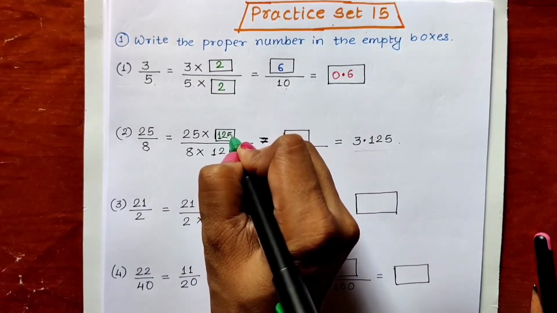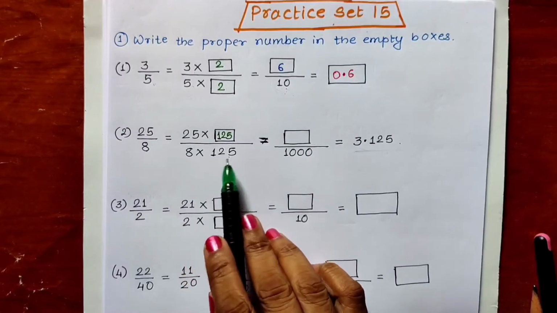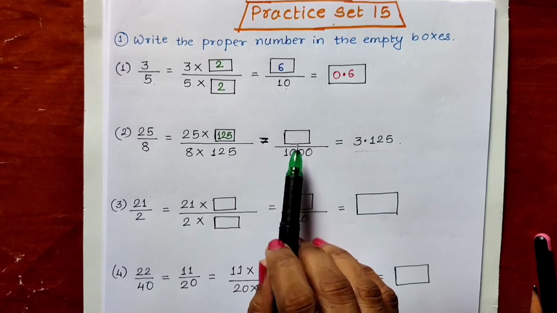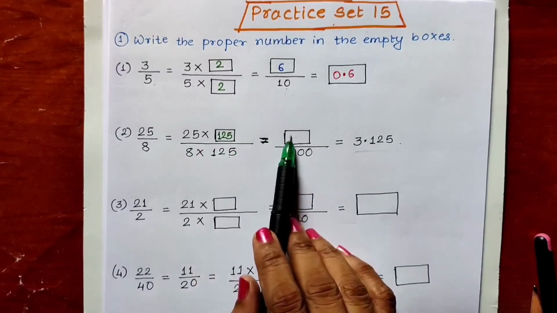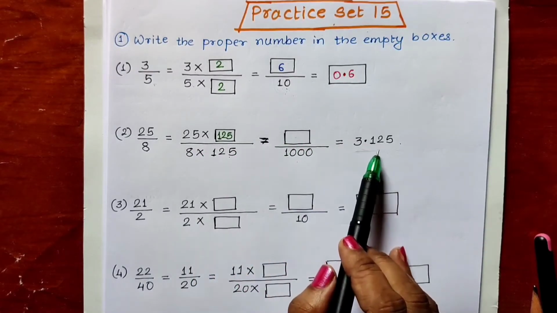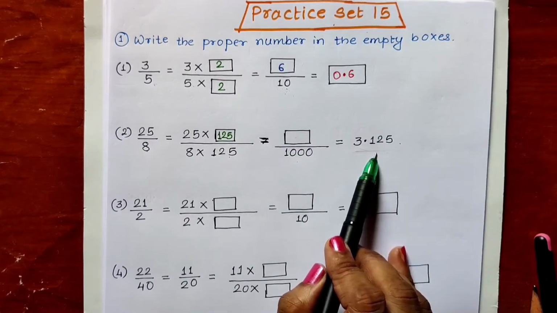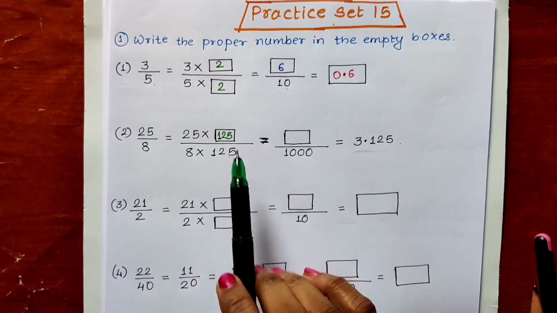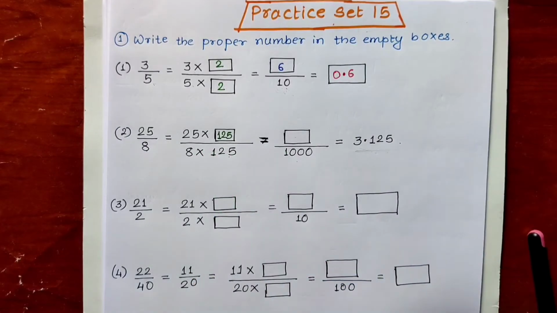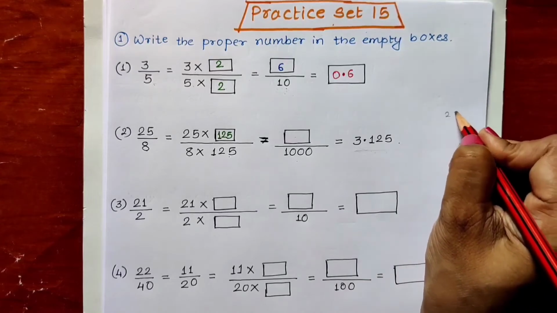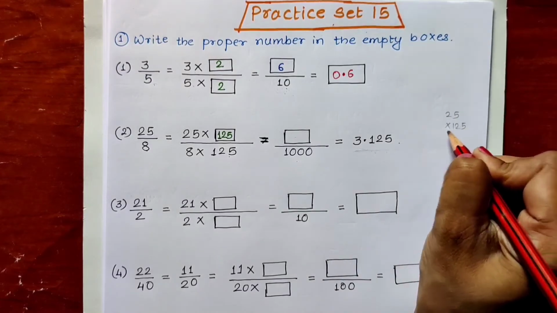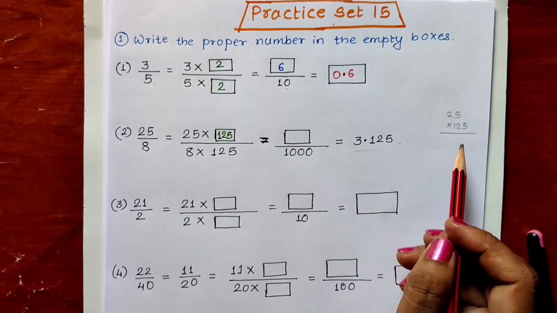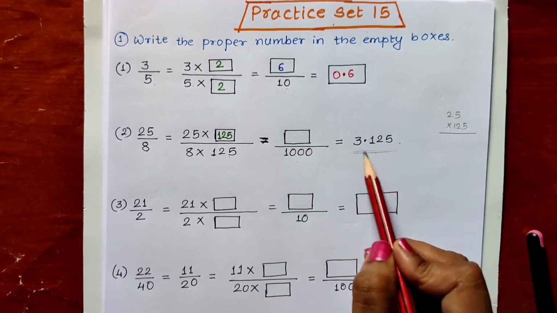Okay. Now, answer of denominator is given, 8 into 125, answer is 1000. Now we have to write the answer of this multiplication. Now see children, the last answer is also given to us. When the last answer is given, do you really require to do this multiplication? If you want, you can do this multiplication, 25 multiplied by 125 and you will get the answer. But instead of doing this multiplication, you are having the answer over here.